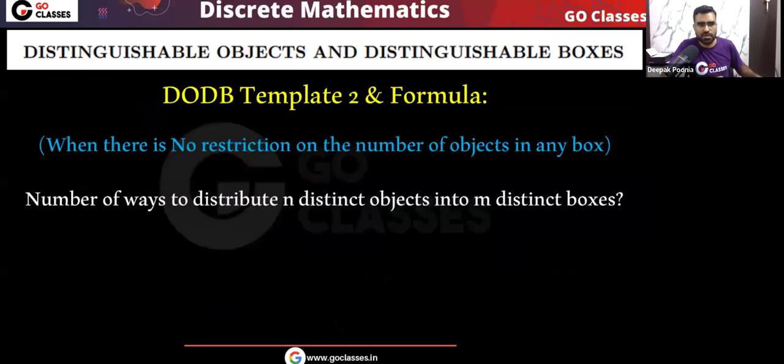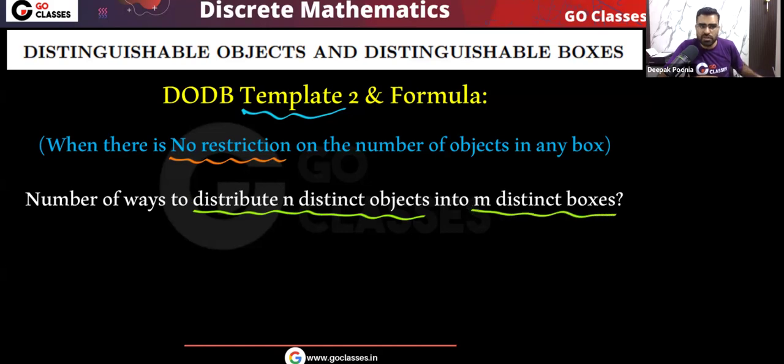Very simple. Let's see DODB template number 2. This template number 2 we have already seen. It is another type of question, that is when there is no restriction on how many objects you put in every box. If there is no restriction, then what will be the answer? You want to distribute n distinct objects into m distinct boxes. So here it is very simple.